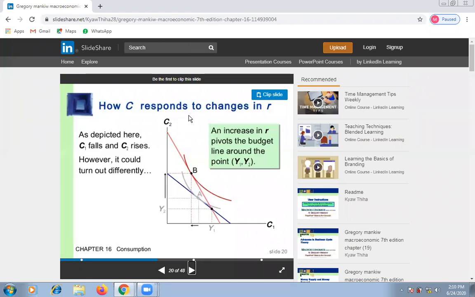For example, we are here at point A in the first, second diagrams in optimal conditions at point A, where consumers get optimal level of consumption